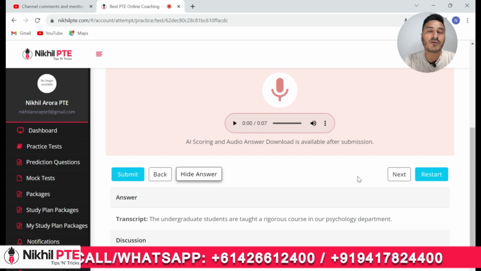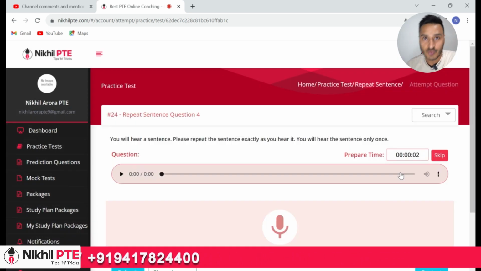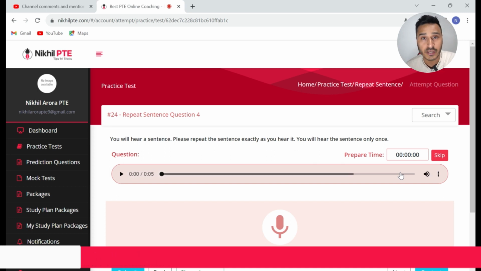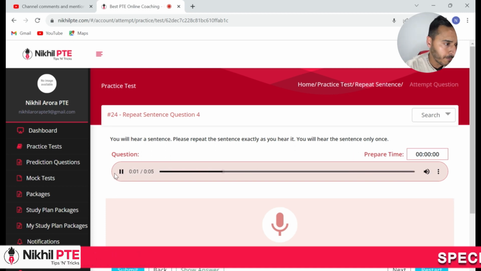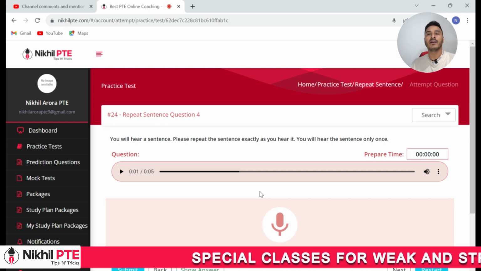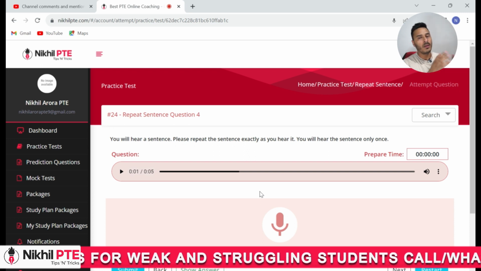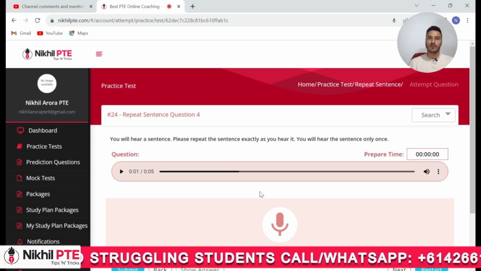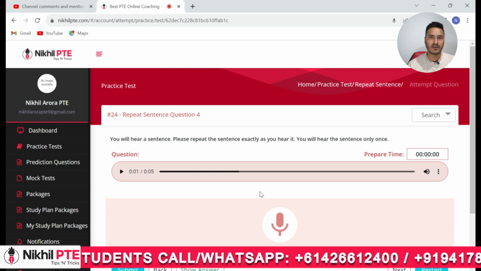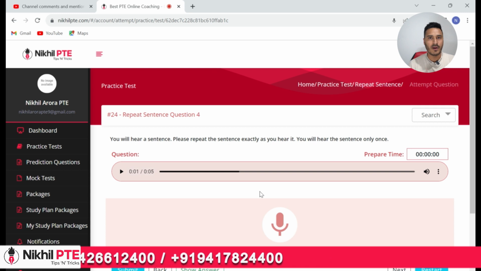Now, if we talk about 7 each or 8 each, you have to speak obviously as much as you can with good oral fluency and pronunciation. Minimum 70%. Minimum 70% you have to speak. However, your target is 7 each or 8 each. For 6 each, I told you minimum 50 to 60%, and for 7 each, you can speak as much as you can. Minimum 70% you have to speak.